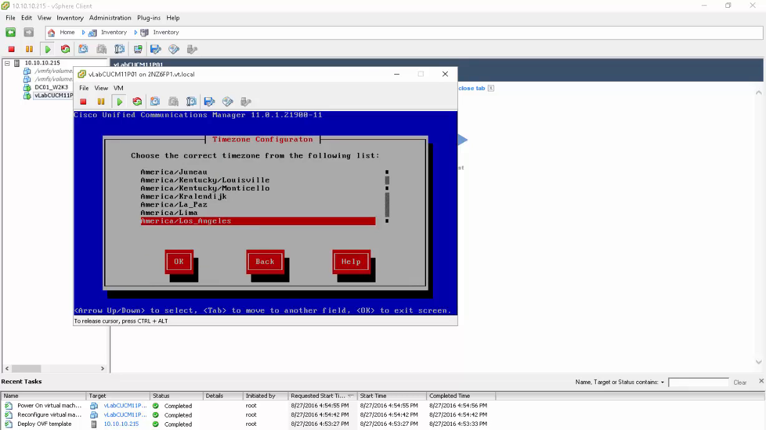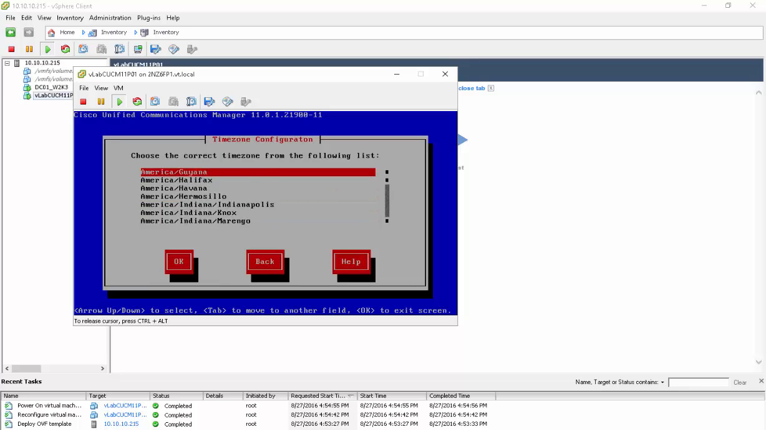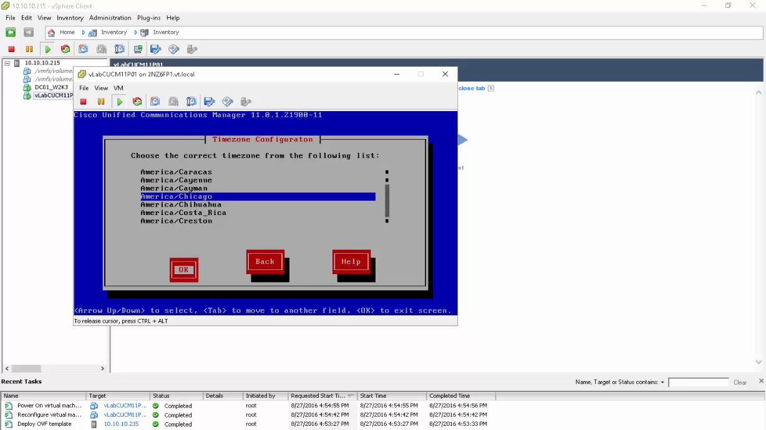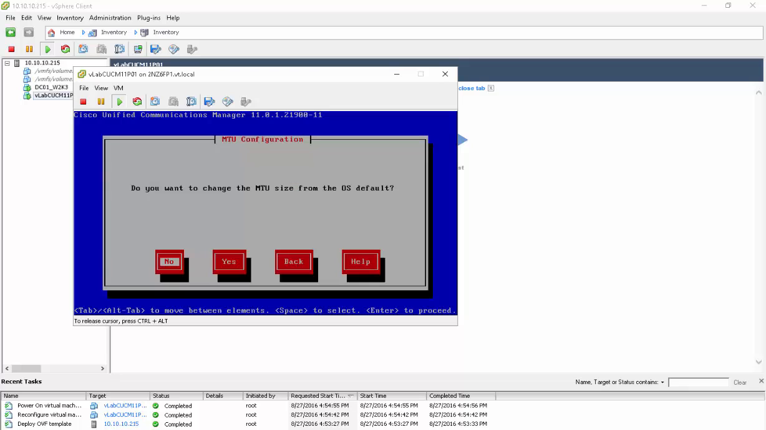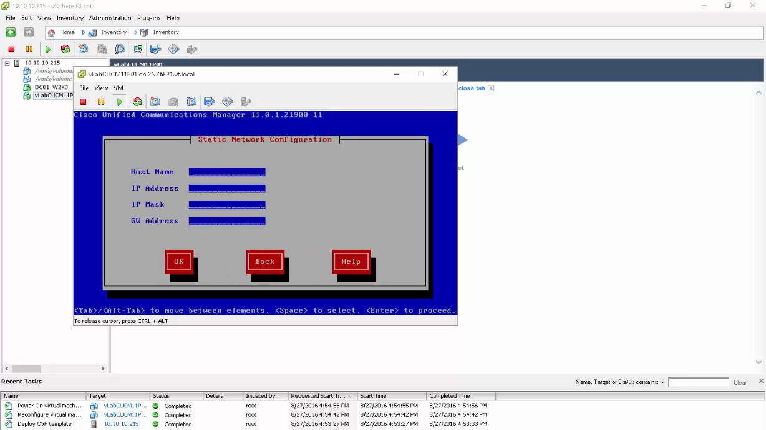Now here you're going to pick your time zone. I'm in Central, so I'm going to pick Chicago. And then hit tab, hit OK. Okay, continue. Do you want to change the MTU size? No. Do you want to do the DHCP? No. So host name, this is the name of the server, so I'm going to go ahead and name it